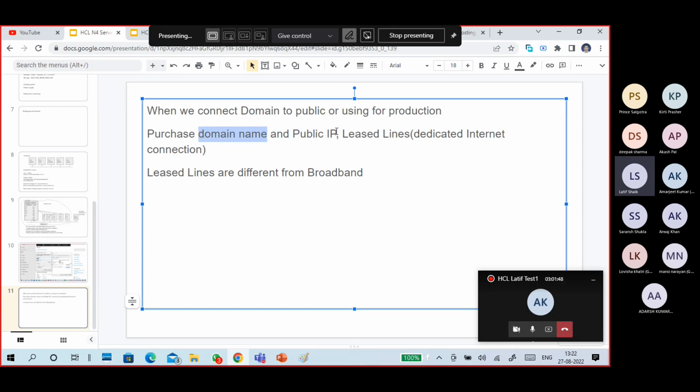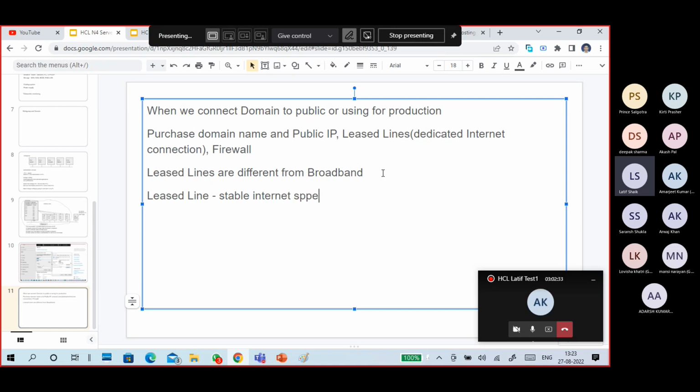You need to buy a domain name, public IP address, and dedicated leased lines. For security, you require a firewall to control incoming and outgoing traffic. You need a firewall. So leased lines are dedicated lines. It is different from broadband. In broadband, we are using internet for internet access, but this is a dedicated line. Broadband is up to, kind of stuff. A leased line is stable. I'm telling you, a leased line is a dedicated line with a stable